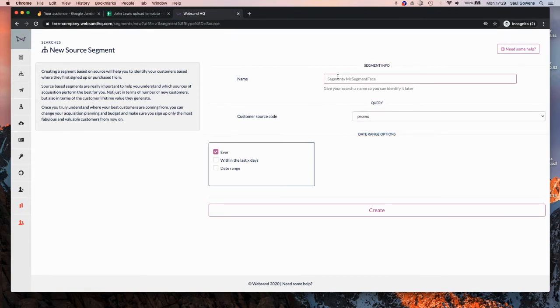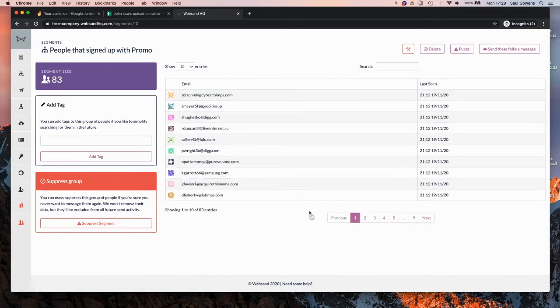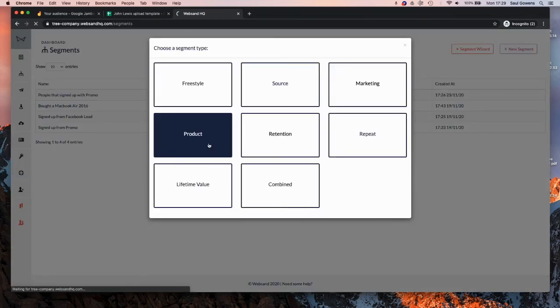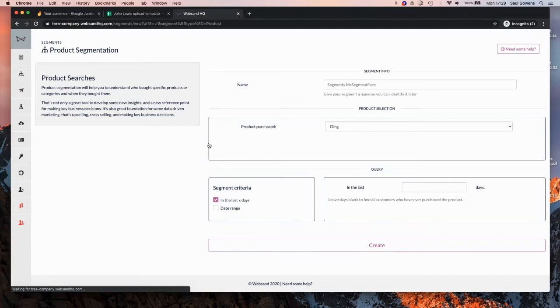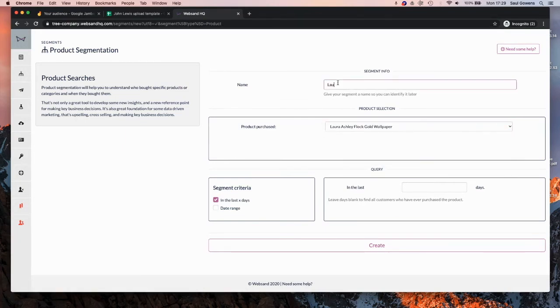So in this case, I want to create a segment for people that signed up with promo, and that would create a segment for all of those people, and also for product, which would allow you to create a segment based on what people have bought. So in this case, let's say it's Laura Ashley Flock